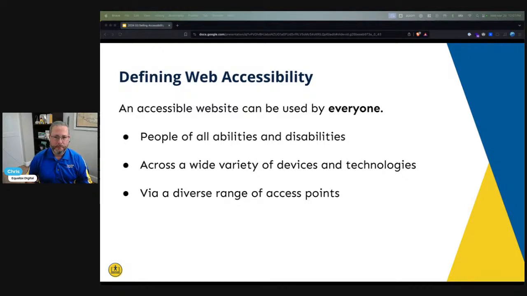And so those people might need captions on videos, right? Which I think there's a message from Quickly Hire about that very thing in the chat right now. Or maybe they need audio transcription. Maybe they need alternative text for images. Perhaps they're using a keyboard or a screen reader to navigate through a website and to consume that content, right? Those are some of the ones that are most obvious or most apparent when a web professional is thinking about accessibility, but there are less obvious ones.